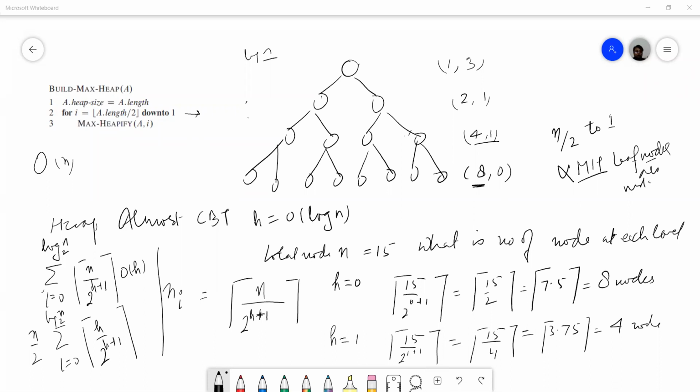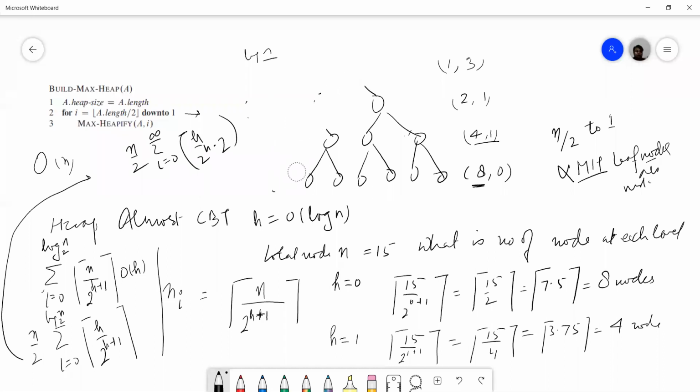So the value of this will give a harmonic progression. What we'll have finally, when we solve this, is sigma from 0 to infinity of h upon 2 to the power h. The constant is 2, we'll ignore it.